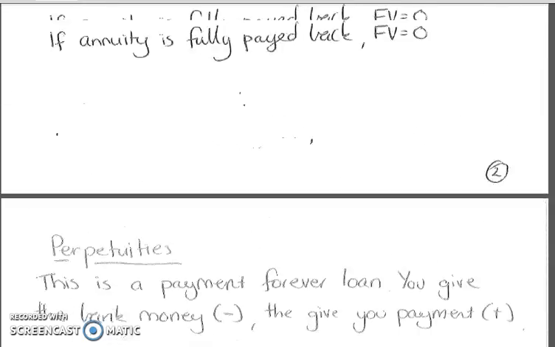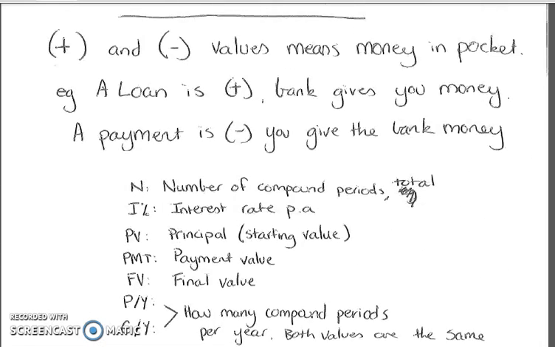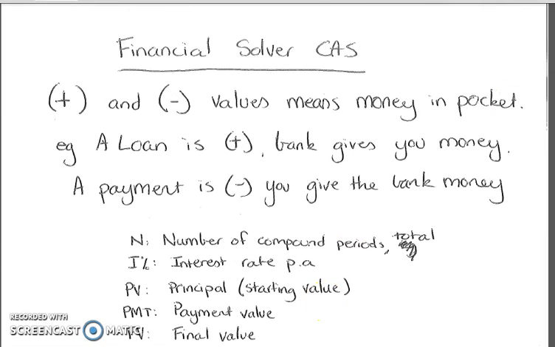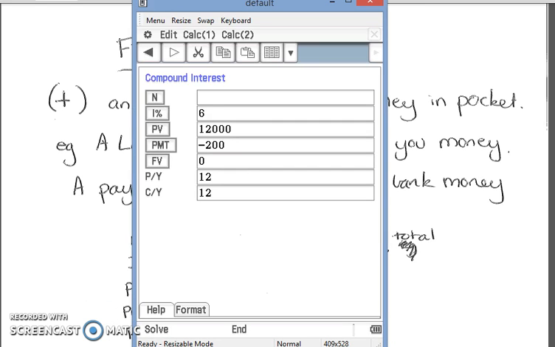All right, so that's a quick overview of all the different types of loans. So let's have a look, as I said at the start, at how to work out a final repayment. Here's our calculator. Quick information for you: we've got a loan at 6% interest per annum, compounded monthly, so that's why it's 12. We want to pay off this loan, so the future value is $0, and we borrowed $12,000,